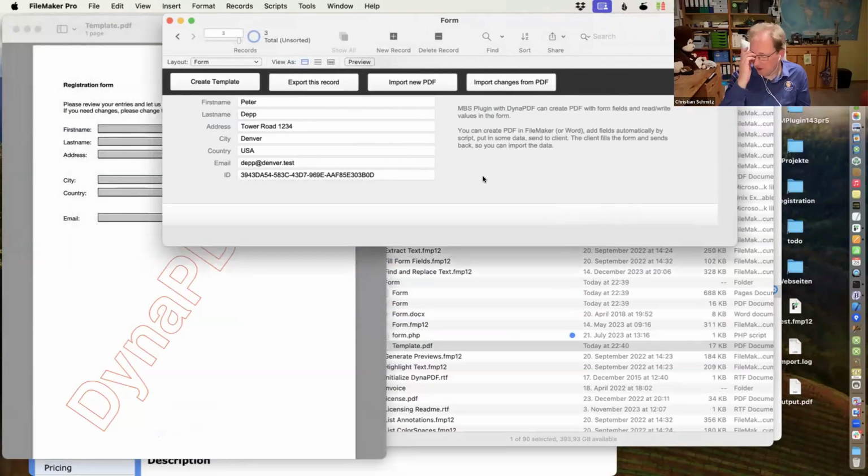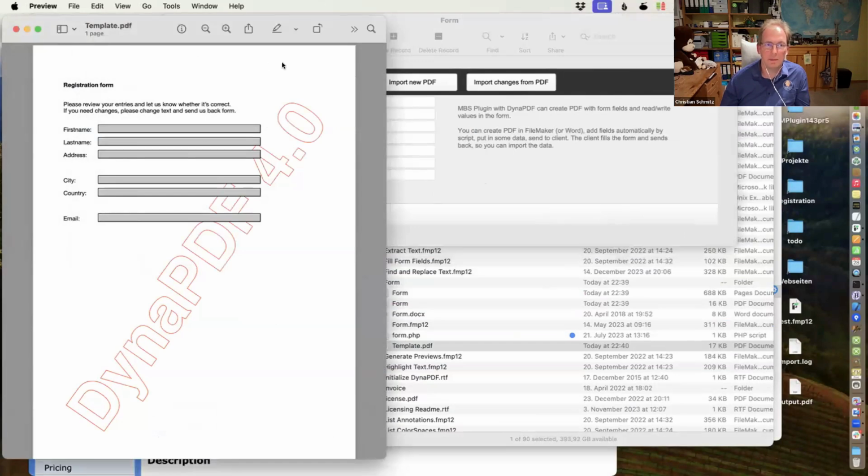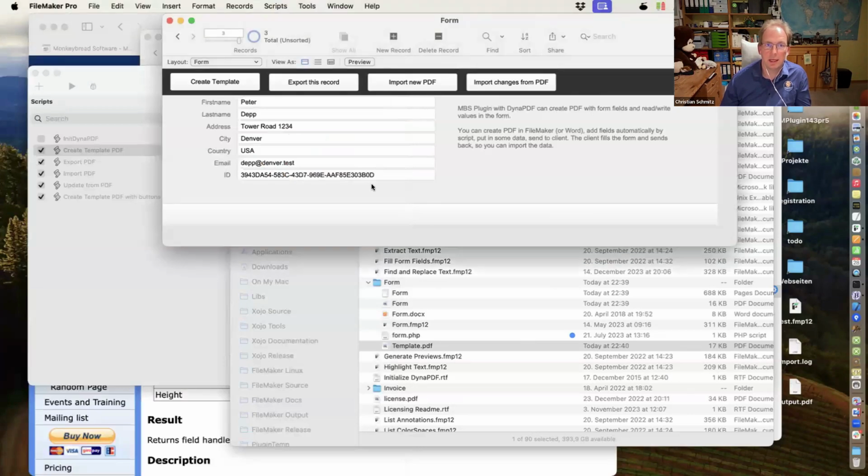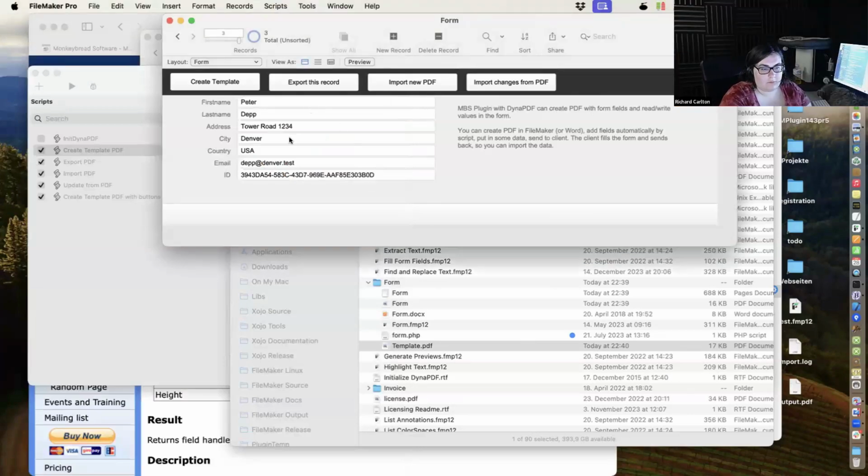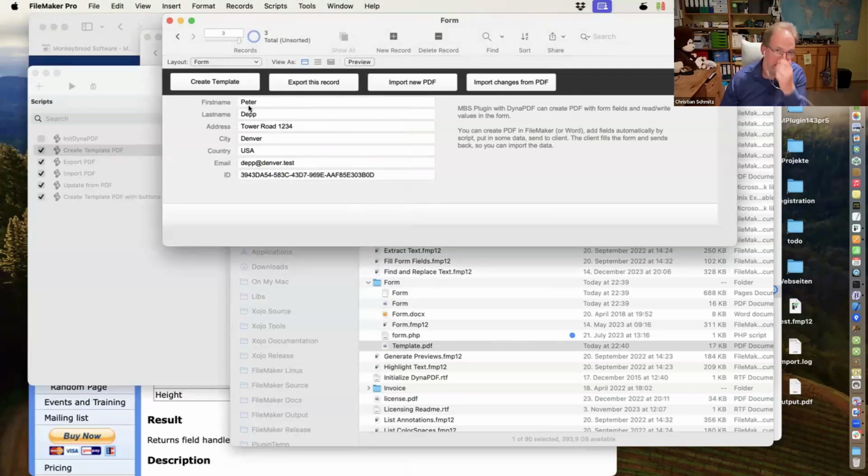Yeah. So the idea is really that the end user can change their template. Like if they got a new company name, a new address, whatever, they can't add a field without telling us, but they can move around the fields or add whatever text they need, make different versions for different purposes. Which is really nice. And then the idea is, we have a template file, and we can have a record in FileMaker, and we can export that record as a PDF.